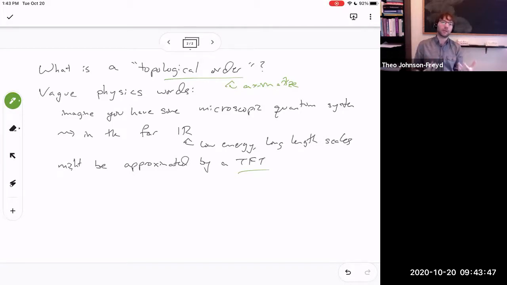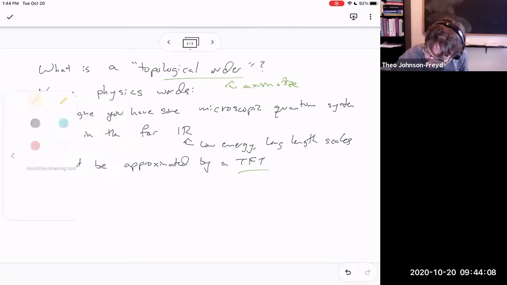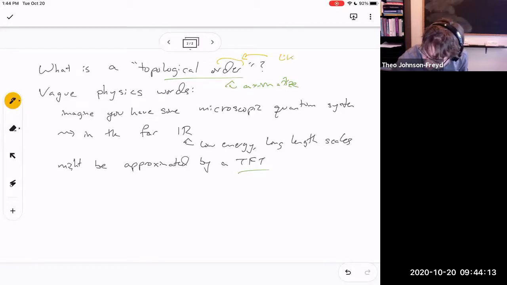And this was an important part of the classification of phases, with symmetry breaking classification, kind of Landau classification. And then it turned out by the late 20th century that there were other types of order that weren't crystalline order. But the history here, I just wanted to mention, is that this word order here, you should think of as other types of order or disorder, crystalline order or something like that.